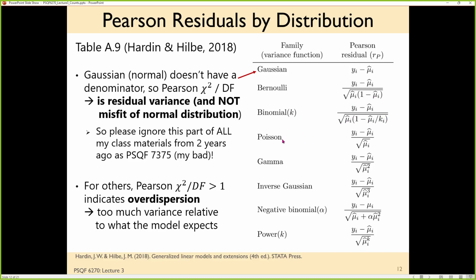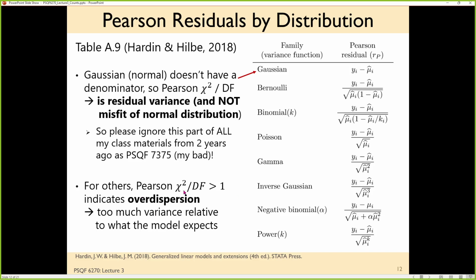For Poisson, the mean and the variance are the same, so the denominator is based on the mean. Gamma has a stretchy factor that it's quadratic, but anywho, the rest of these we'll get to. Point being, you can't do this for normal. There are other things that you can look at to decide whether or not a normal distribution is plausible, but this just doesn't work for that.